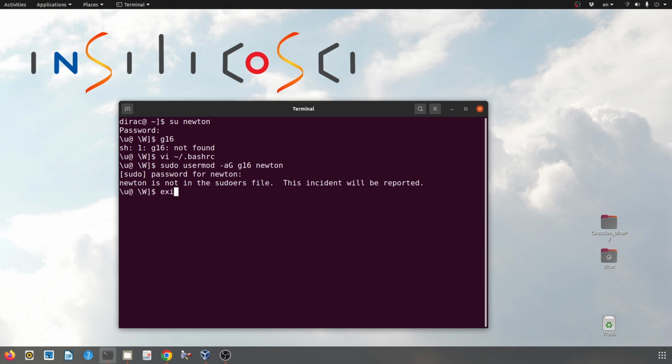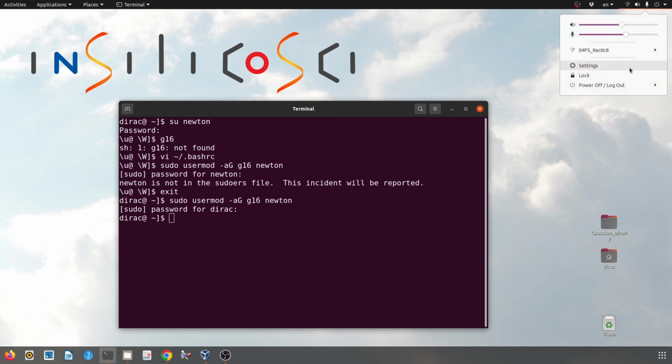So let's come back to the Dirac user and type this command again, usermod, and then restart the system so that the usermod command takes effect.